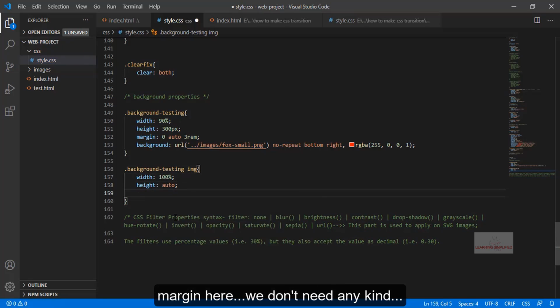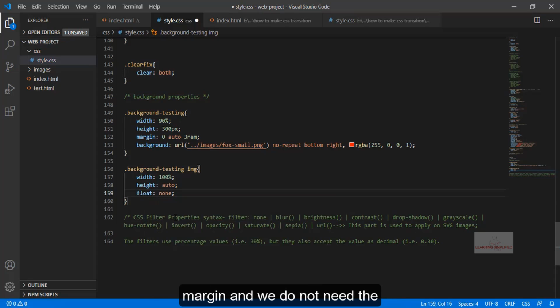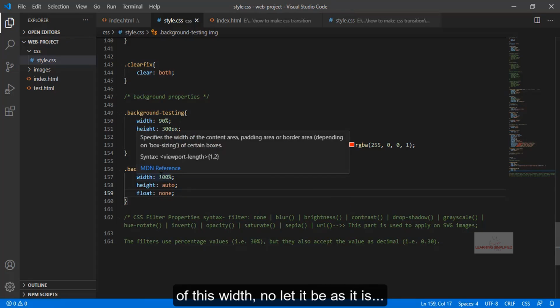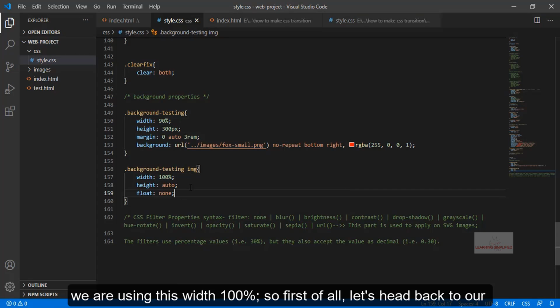Margin, there we don't need any kind of margin, and we do not need the float either, so there it goes. And instead of this width, no, let it be as it is. We are using this width of 100%.